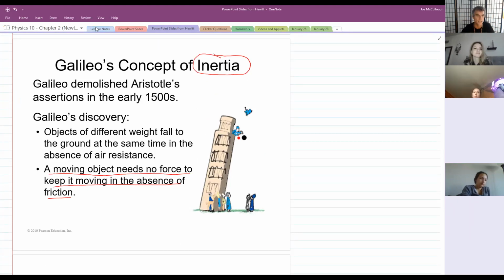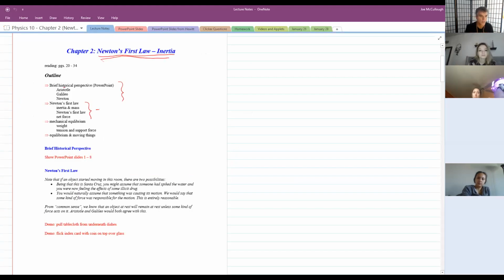So let's go to these lecture notes for a second. Aristotle basically lived around 350 BC. He taught that the periodic table basically consisted of five elements: earth, water, air, fire, and then quintessence. Anything on earth made of earth or water, the natural motion was straight down. Anything on earth made of air or fire, the natural motion was straight up. Anything in space made of quintessence, the natural motion was circular. We believed that for about 2,000 years, until Galileo started actually doing experiments with balls rolling down inclined planes